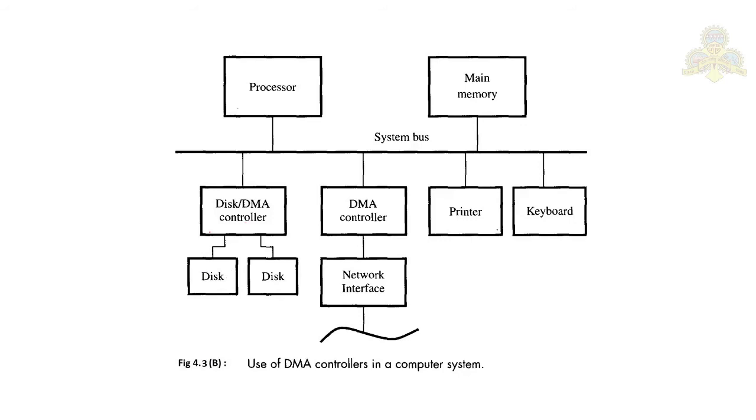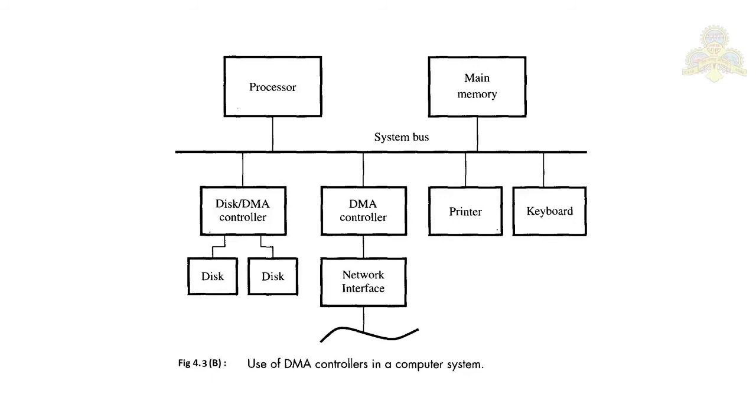To start a DMA transfer of a block of data from the main memory to the disk, the program first has to write the starting address and the word count information into the registers of the corresponding disk controller. It also provides the disk controller with information to identify the data for future retrieval. Suppose in the future it comes from the same source, the DMA controller can easily identify the source here.